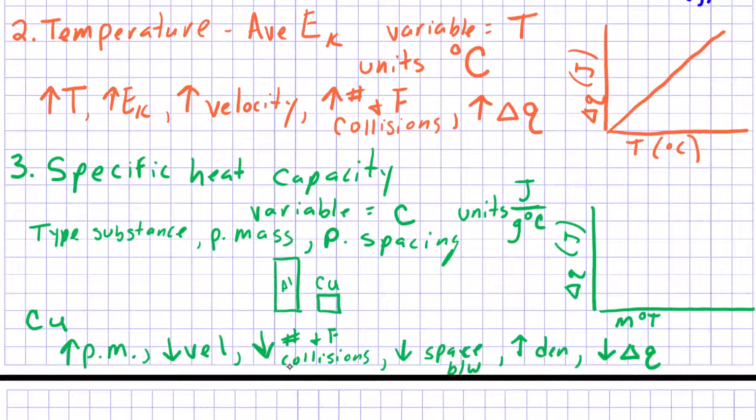Now those both have a role. The mass of the particles and the temperature of the particles have a role to play here. And so we're going to be talking about our grams degrees Celsius. And so now hopefully, if you look at your graph, remember the y goes over the x, this is why it shows you that our specific heat capacity, our units, are joules over grams degrees Celsius,